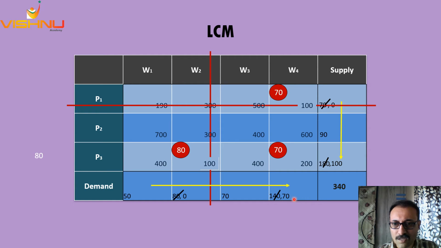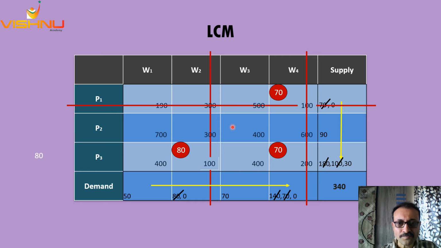We bring down the total of the column from 70 by 70 to 0. Pay attention to my words. We bring down the total of 100 by 70 and bring it down to 30. The total in the column has now come down to 0. We strike off the column. And now we are left with a revised matrix where we have only 4 cells left which can be allotted to.